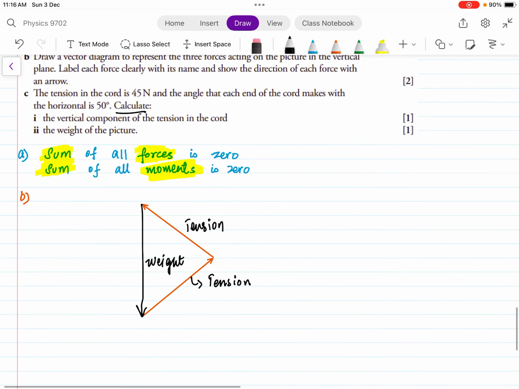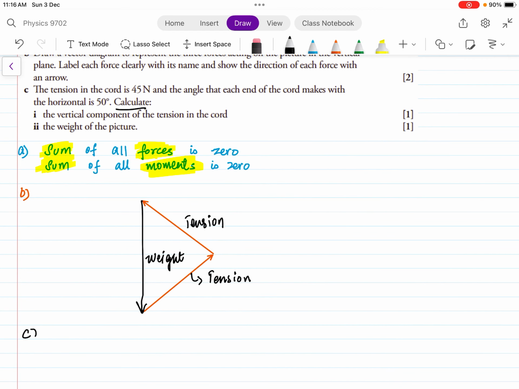Vertical component is T sin 50. So the vertical component is equal to T sin 50, and I know that T is 45 newtons, so it's 45 sin 50. You will calculate that and you will get your answer as